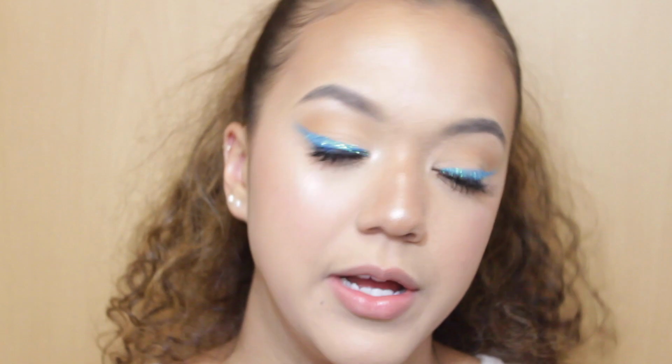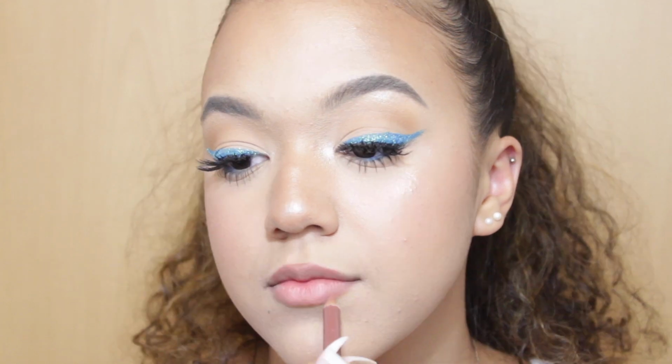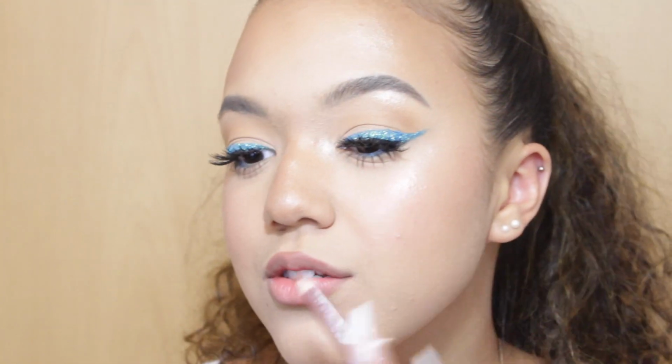Okay, so with this hack, she got really cute, like pouty lips. My lips aren't super small, but they're not super big either. So I'm gonna test out this hack today and see if it makes my lips look fuller, and hopefully it works out. So here's my lip liner. It's nothing special. It's literally, I think it's an eye pencil, so don't mind it. So like she said, I'm going to focus on the center of my upper and lower lip. She said not to do the sides, but in the video she did, so